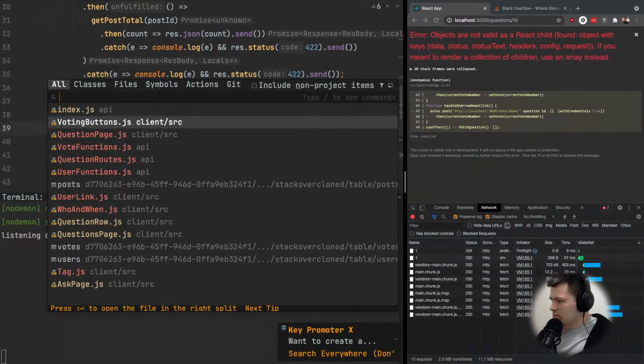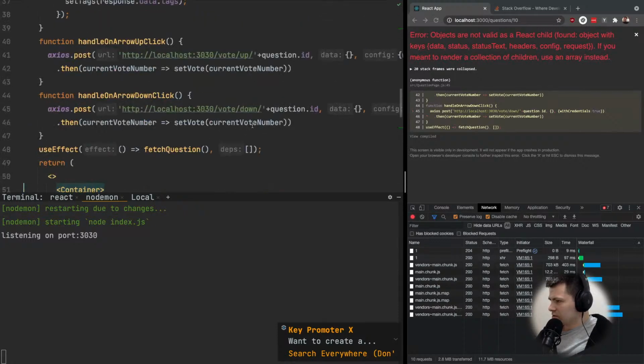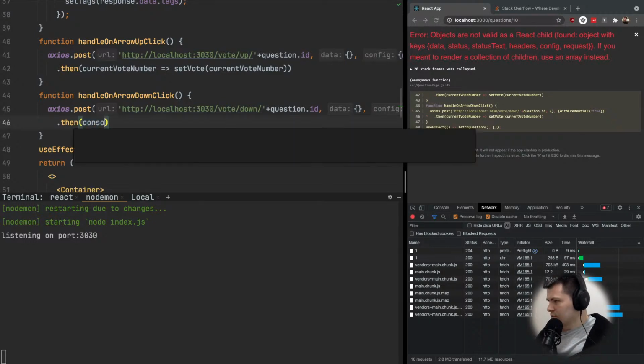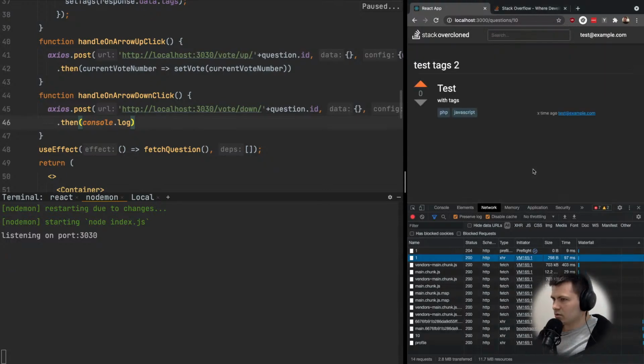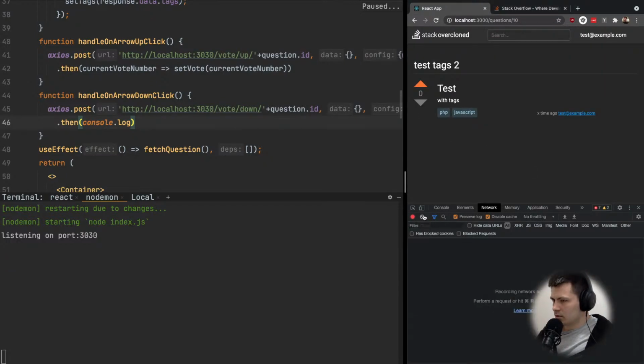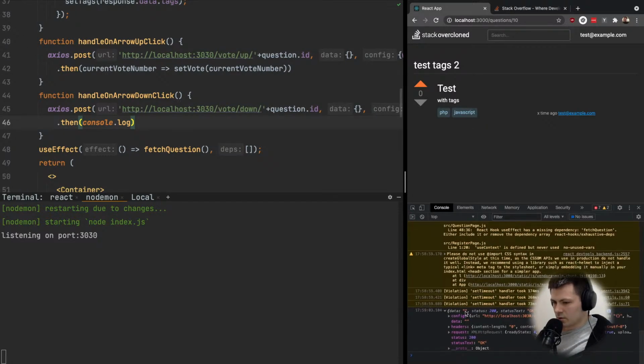Alright, let's go to question page and let's see what happens inside this function. What do we have? What do we get in the response? So instead of setting the vote, we will just console log it to see what we got as a response. Right, arrow down, console. Okay, we get no data, status 200 and status text. Okay,